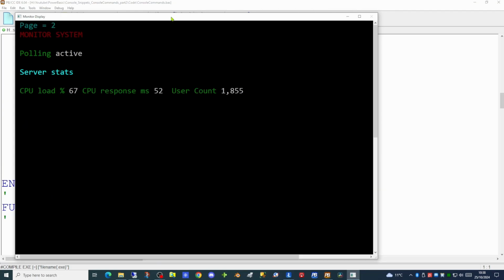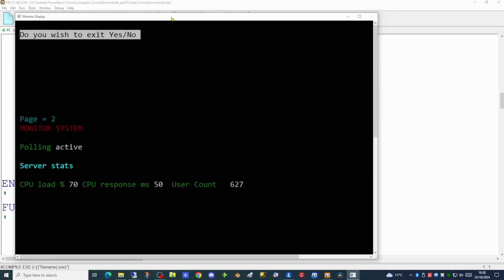And it's now displaying console page 2 to the user. And once this has completed, it will again scroll down another 10 lines and ask if you wish to exit yes or no. In this case, we'll say yes. What it has now done is it's redisplayed to us what was on page 1, as you can see from the screen. The last data appearing on page 1 is now visible, including the 2 prompts at the top of